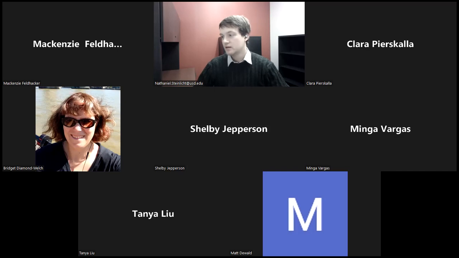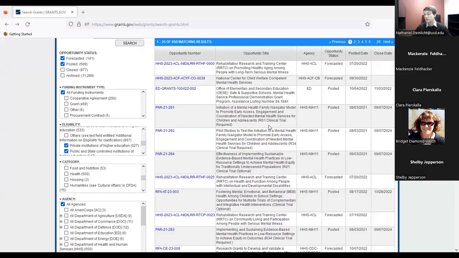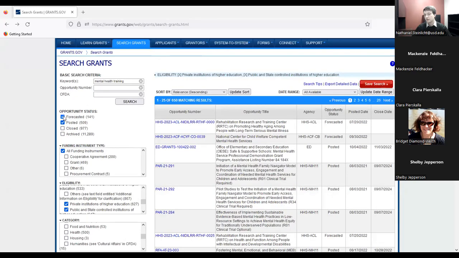So Clara, does Grants.Gov show past grants or grants that are closed? So I can have an idea if they plan on going to the grant again in the future. Yes. So if you go to Grants.Gov, and I can actually just go back there, you'll see what's called opportunity status. You can look at closed. So if I want to see all of the